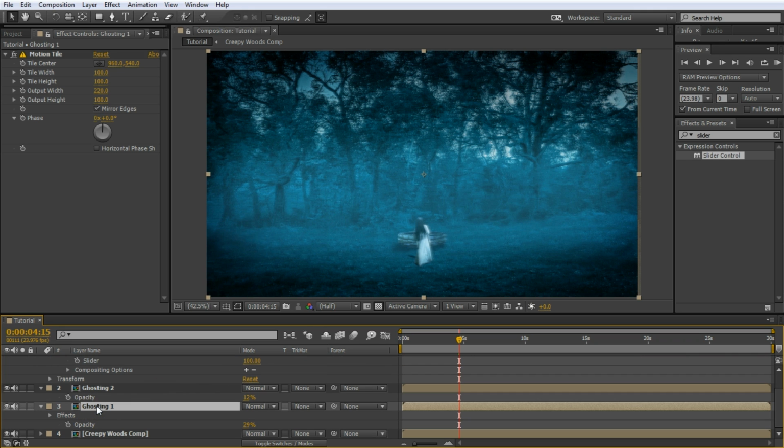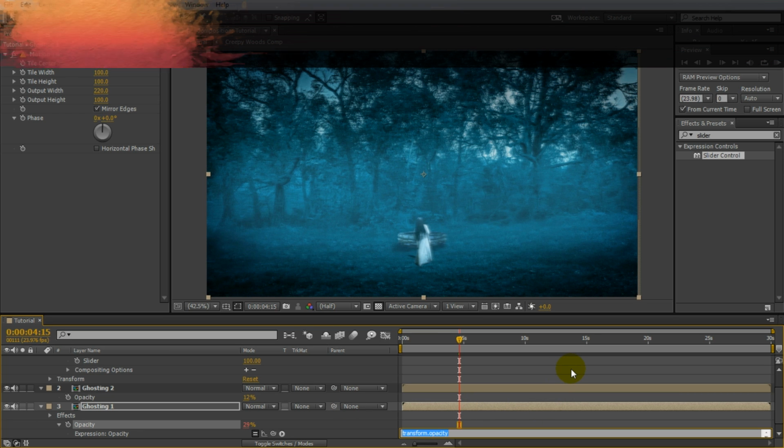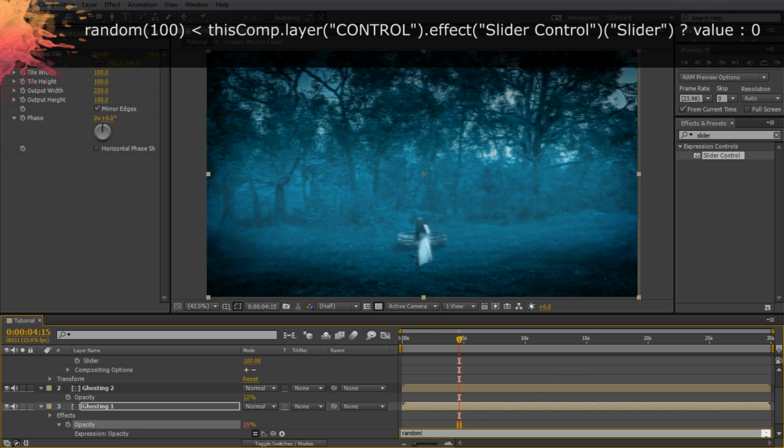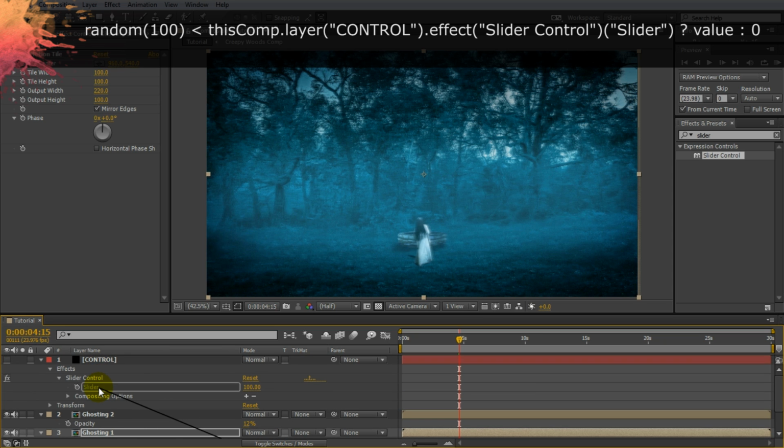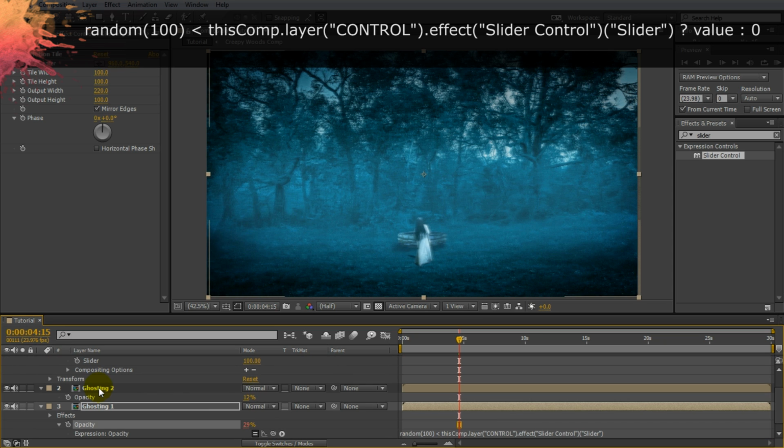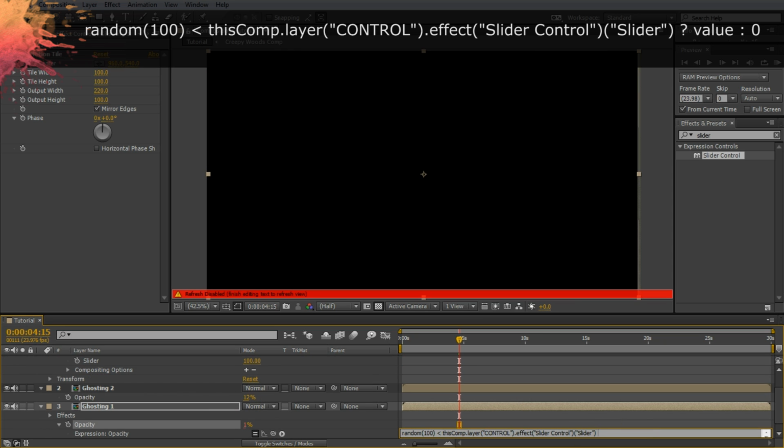Then go over to the Ghosting 1 layer and alt-click on the stopwatch icon next to the opacity property to add an expression. In the expression editor, type random(100) followed by a left arrow, which is the less than sign, and then use the Pick Whip tool to select the value of the slider to insert it into the expression, and then finish the expression with